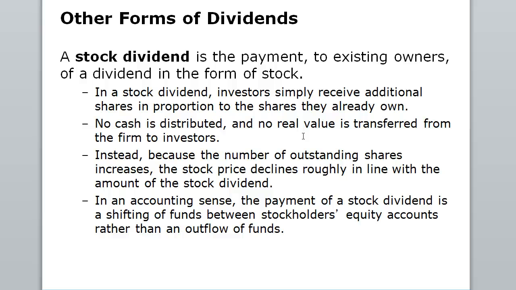Now, a stock dividend is when they decide to pay stock instead of money. So they can say, we're going to give a stock dividend rather than a cash dividend. This is confusing because when we say stock dividend, we always think of money, but in this particular case, we have stock dividends that pay cash and stock dividends that just give owners more stock. But it's like a very small stock split. So the owners don't actually really get anything because when they give the extra shares of stock, they lower the price of the stock to adjust for the fact that they gave extra shares of stock.